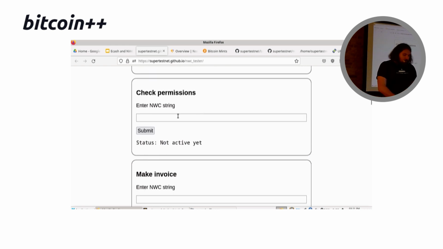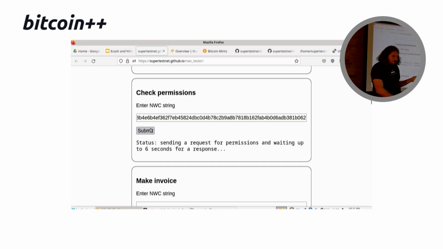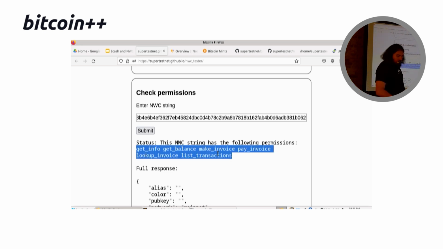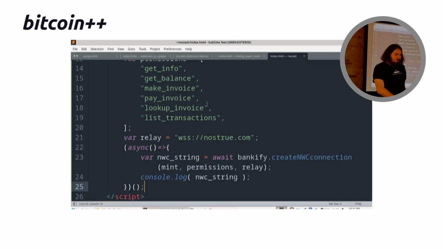Let's check what permissions this NWC string has. It'll send a request to my wallet, which is just running in that browser tab right there. And it says, here are the permissions it has. It can get info, get balance, make invoice, pay invoice, look up invoice, list transactions. If I go back to this document here and get rid of pay invoice, so I got rid of one of the permissions. And now if I refresh this page,